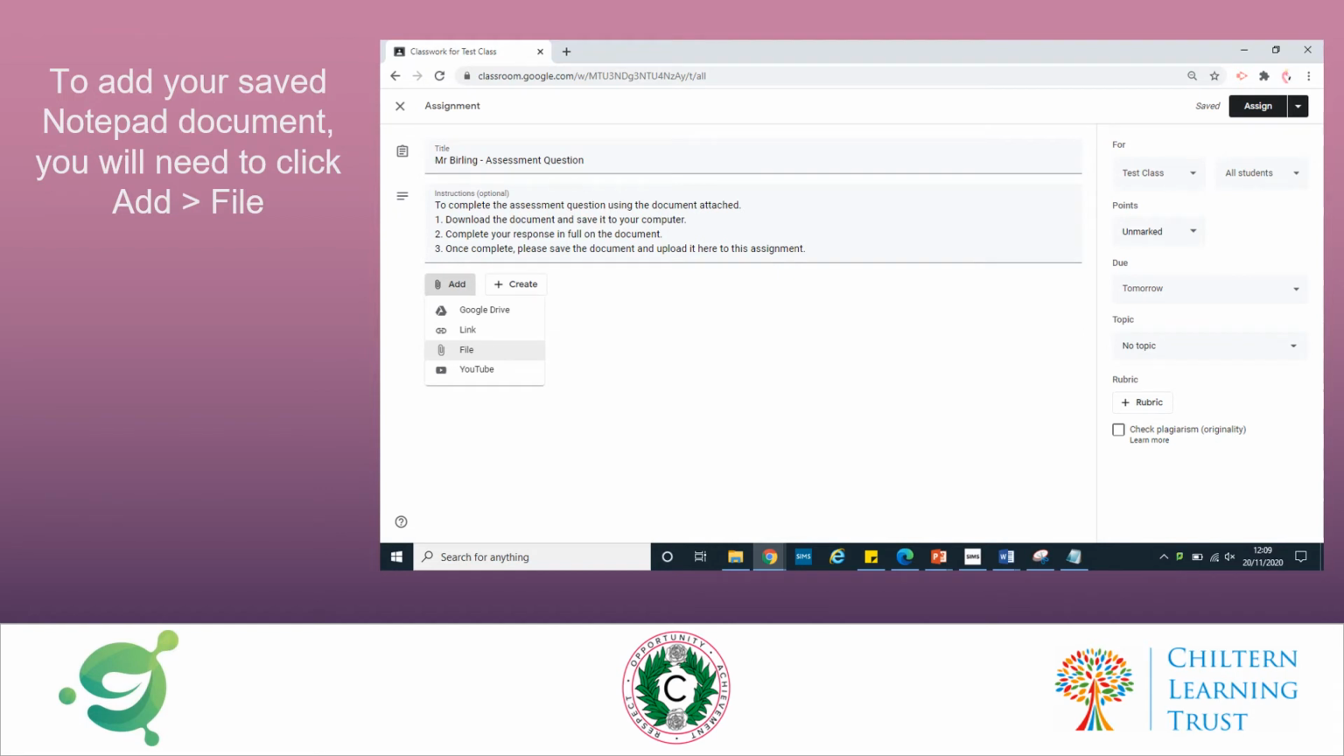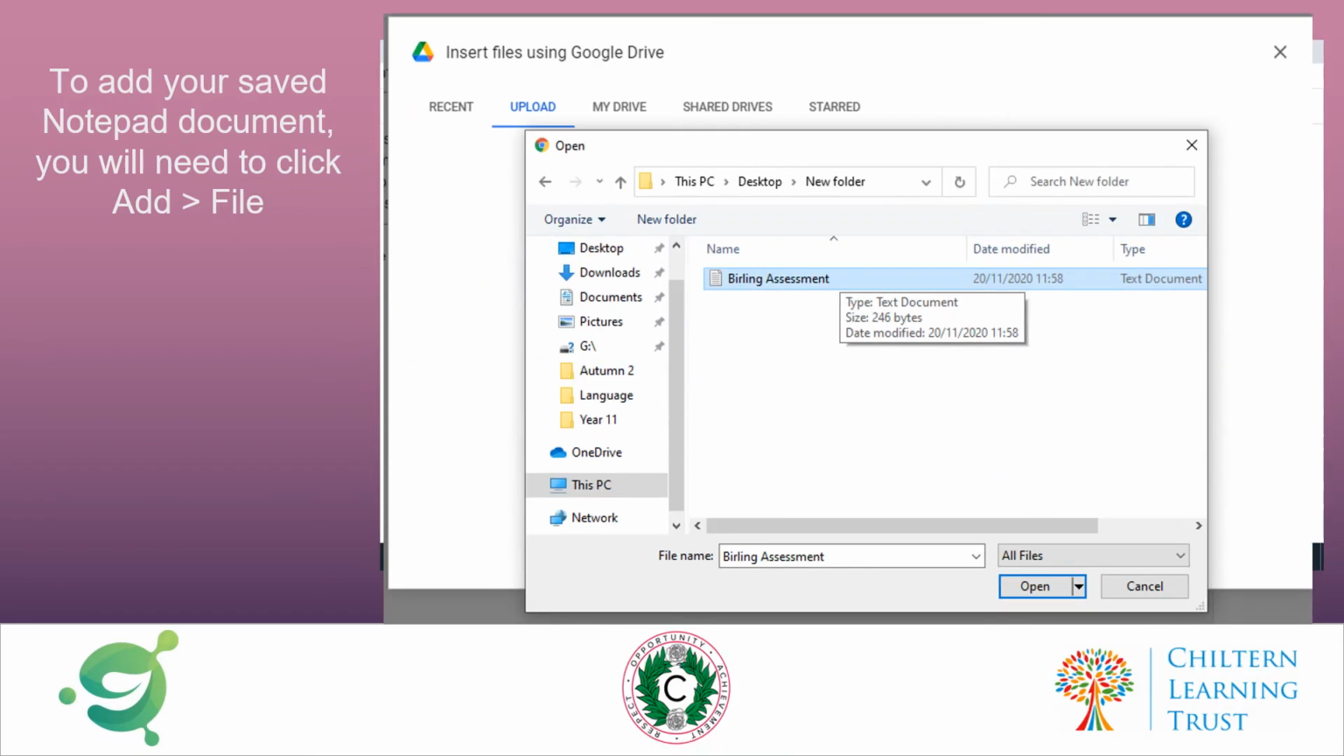Once we have given them the instructions, it's really important that we now add the Notepad document that we have already previously saved. We need to make sure that it is the actual document because it contains the question that the students are going to be working on. So you will need to click Add File